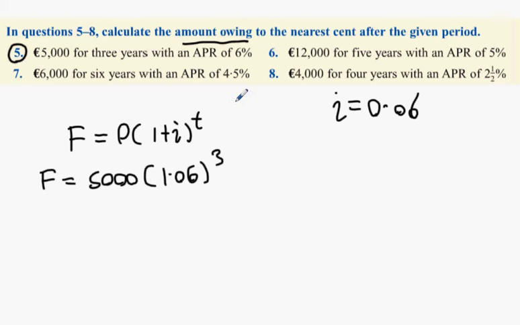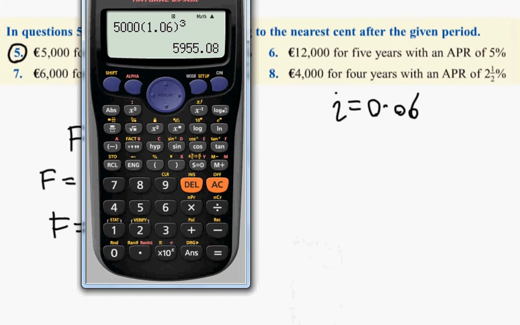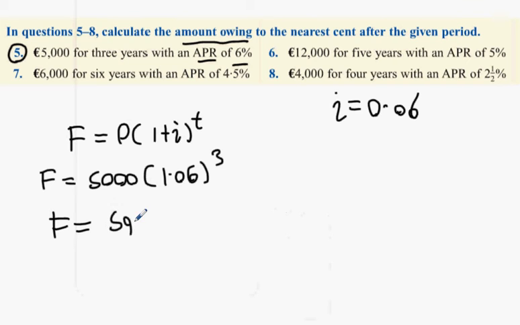Amount owing means how much do you owe. It's like a loan. You had a loan of €5,000. How much do you owe when there's an APR of 6%? APR means they're going to charge you 6% every year on your loan. So if we don't pay it off at all and we leave it for 3 years, what's going to happen is we're going to owe 5,955.08. Now these questions are very easy. It gets hard when you have to work in reverse. Okay? So as an example,